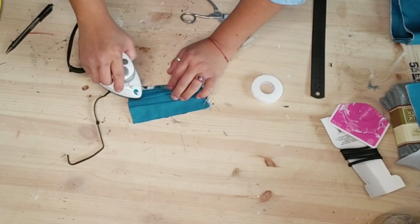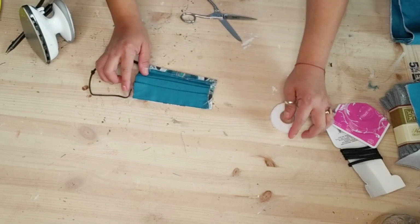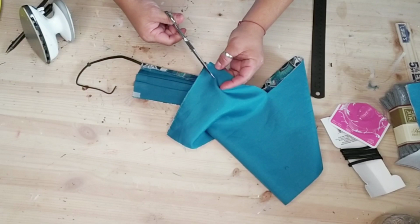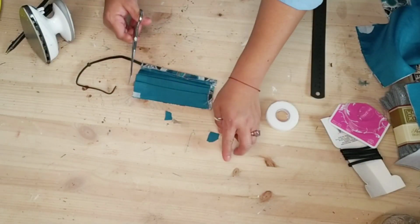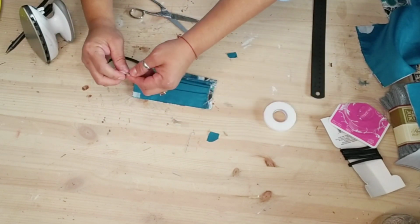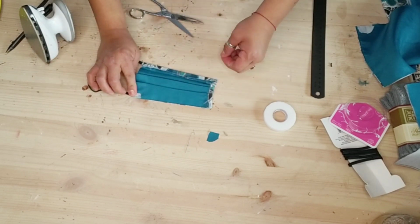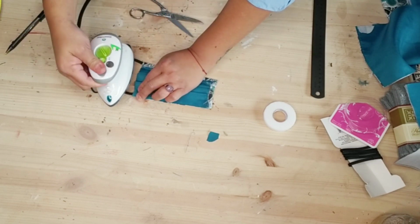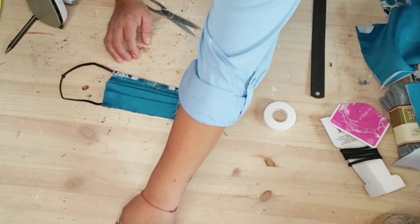But on the other side, since it doesn't have that already folded part, what I'm going to do is put a little bit of no-sew tape on that edge of the corner. And then I'm going to get my placemat and just cut a piece of that fabric out. You don't need a huge piece. And then go ahead and do the same process. Wrap some tape around your end of your hair tie. And then you're going to place that piece of fabric over that part and then iron it on. So basically you're ironing both of those fabrics together, and you're going to do the same process to the other side,